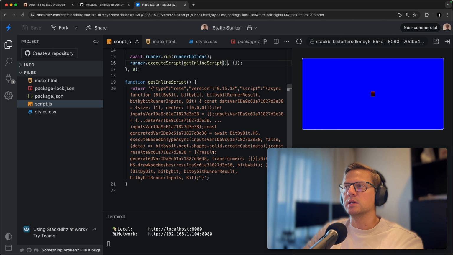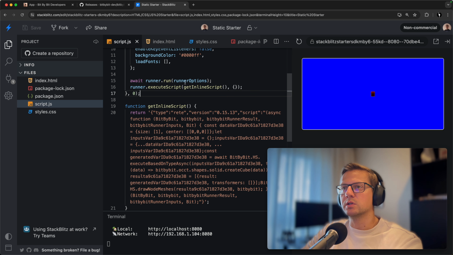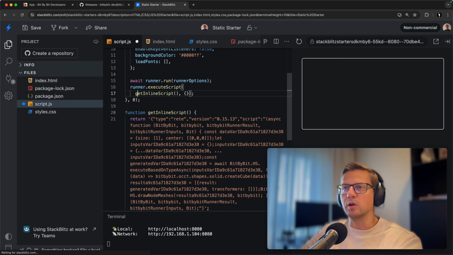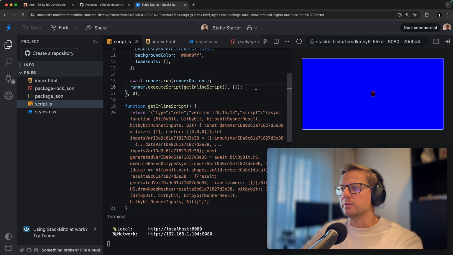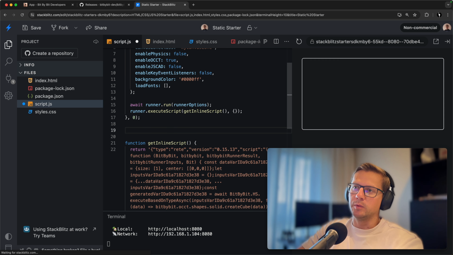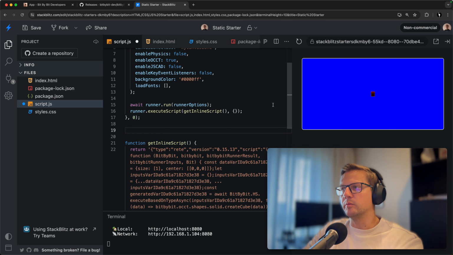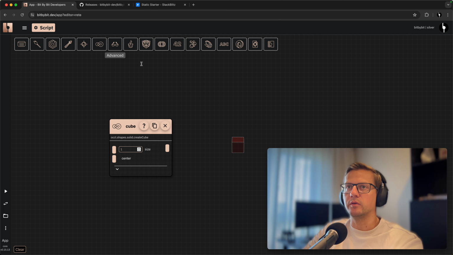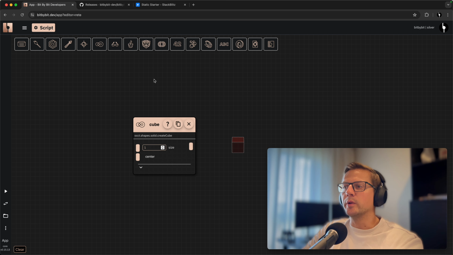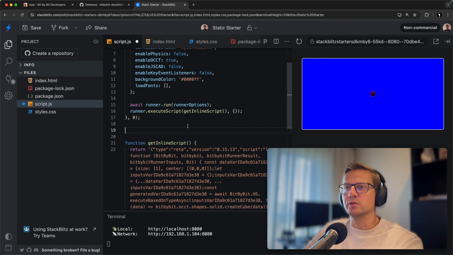Now let's hit save. You see that it still works. We execute the script and we provide empty inputs. So, okay, now that we have this, we can move further. We will make this script react to the input that we will be sending to the script of Rete. So we will need to change this script, and also we will need to change how we execute it, and we will just say